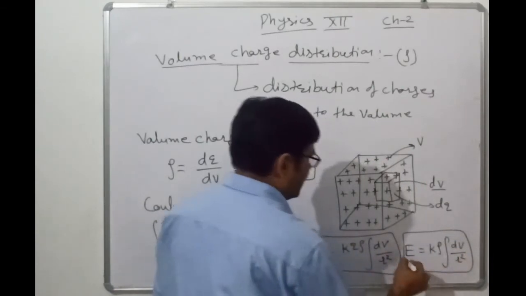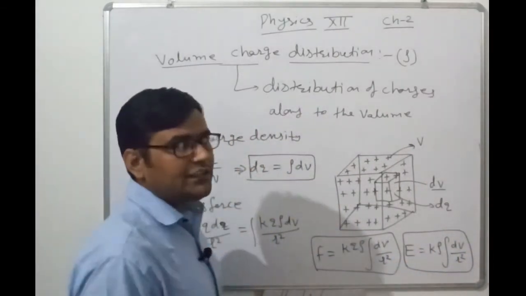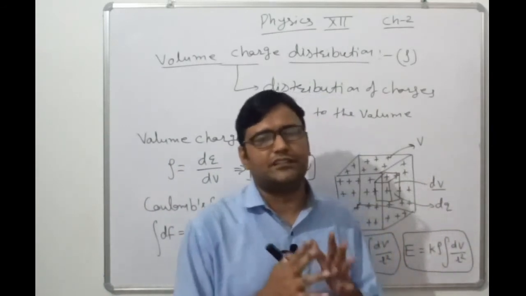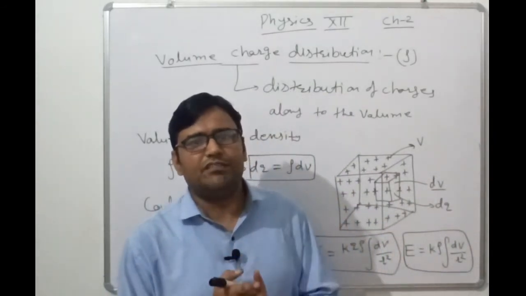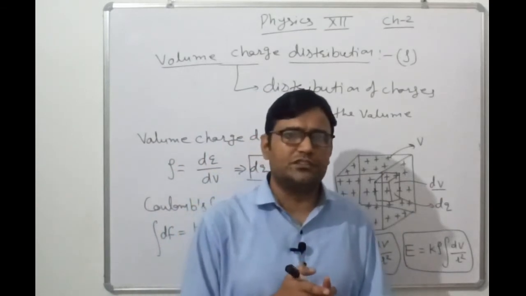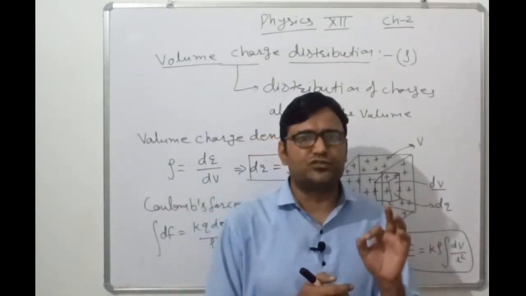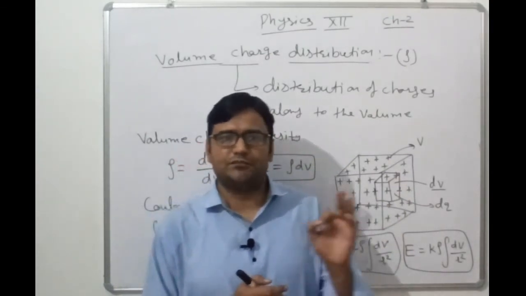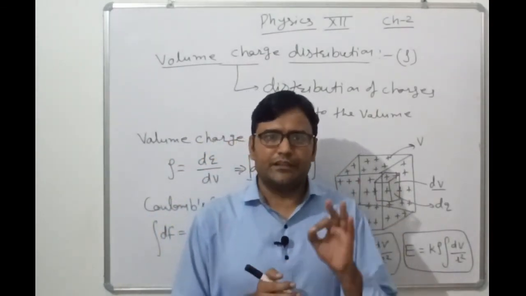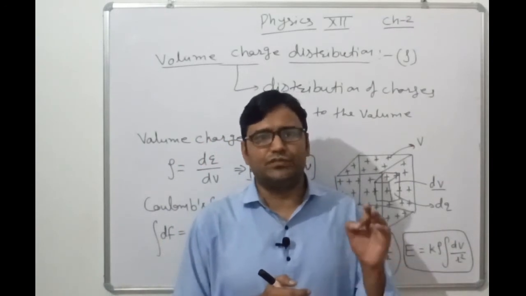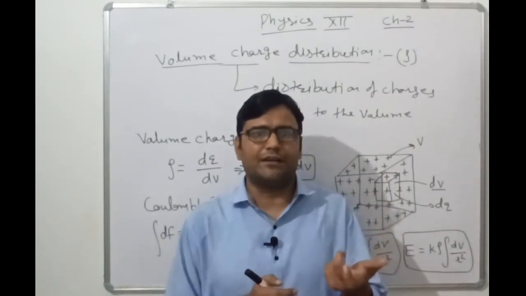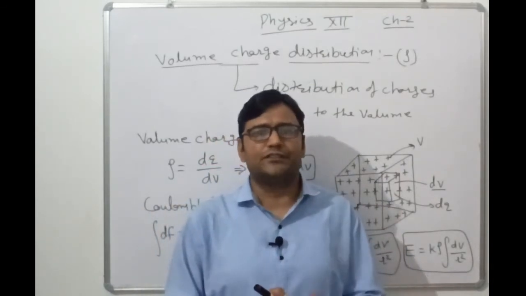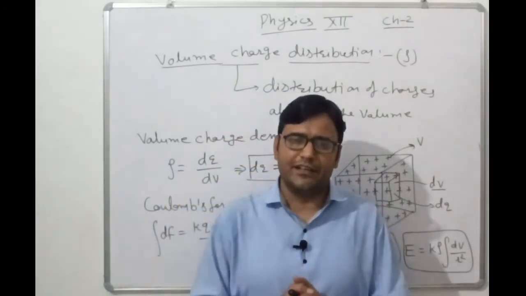Clear? It means here we are considering three different types of charge distribution in terms of 1D, 2D and 3D. In case of 1D, we consider the linear charge distribution, and the linear charge density is represented by lambda, which is charge per unit length. Clear? With the help of these densities, we calculate the charge on that particular segment and use that charge to calculate the force as well as the electric field intensity.